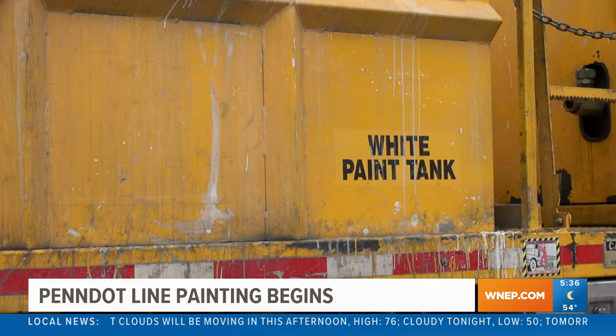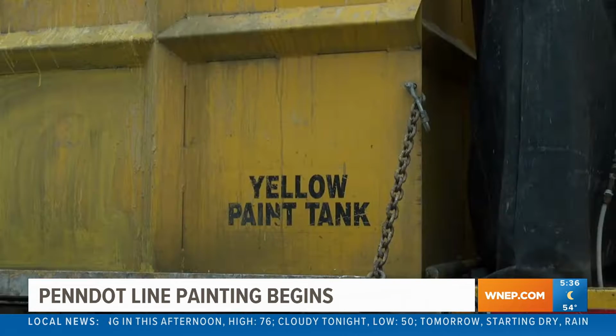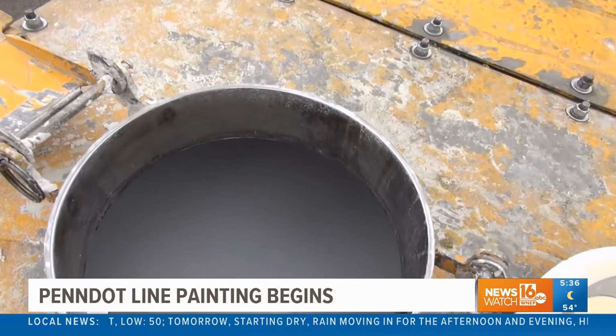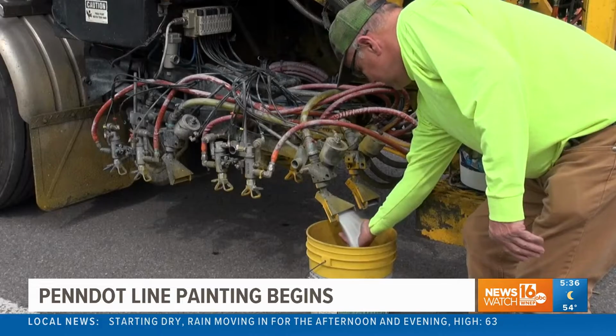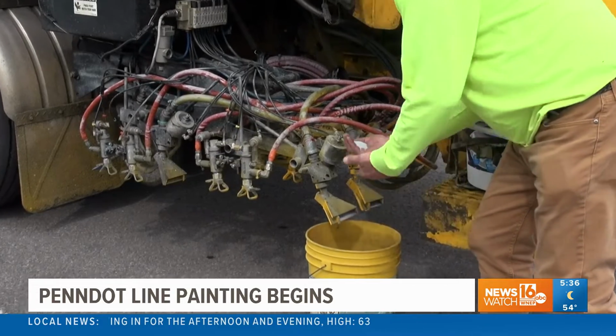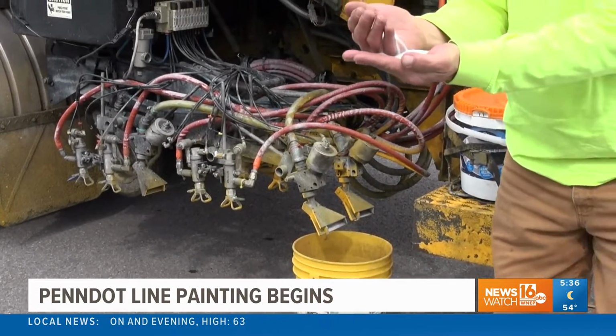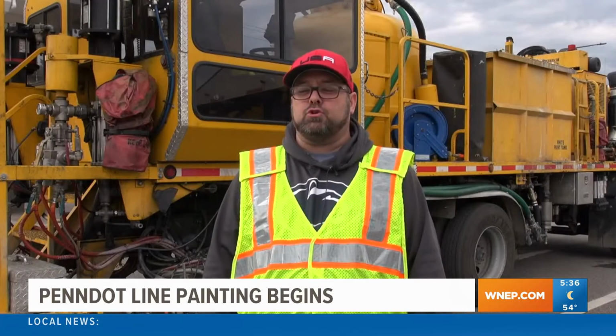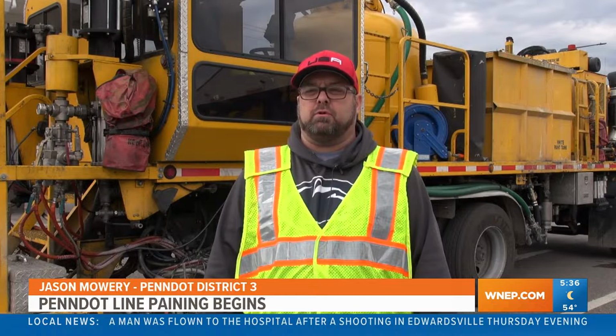It's 4 painted lines per mile of roadway: a white edge line, a double yellow center line, and then another white edge line. After the paint goes down comes these reflective beads, which is what you see at night. It will take all spring and summer to paint the lines and beads, and even into the fall if the weather is right. Any kind of moisture on the ground is not good, because when the hot paint hits the